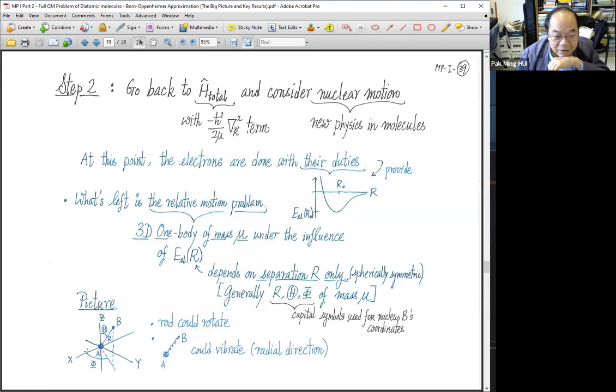Okay, and then this nuclear problem is under the influence of this curve. Okay, now if you think about the radial direction, this is the origin, this is farther and farther away from the origin. Okay, so the situation is that